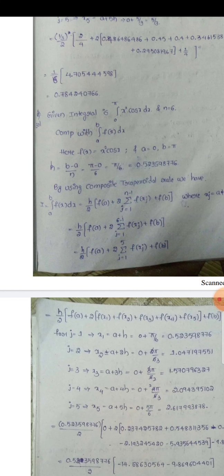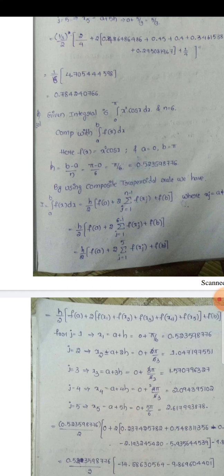Next problem. Solution. Given integral is integral 0 to 5 of x square cos x dx and n equals 6. Comparing with integral a to b f of x dx, here f of x equals x square cos x and a equals 0, b equals 5. h equals (b minus a) by n equals (5 minus 0) by 6 equals 5 by 6 equals 0.5259 approximately. By using composite trapezoidal rule, we have I equals integral a to b f of x dx